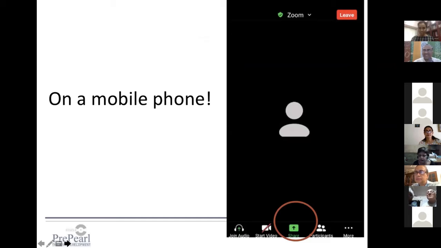We will get to see like 40 screens. Okay. Everyone will be sharing their screen. So right now, don't share your screen. Just only locate the share button. Okay. So if you locate the share button on your mobile phone, very similar, you will click on that share button.